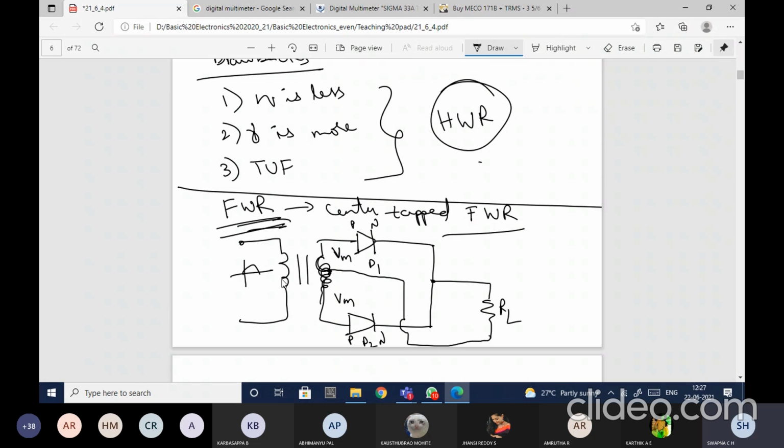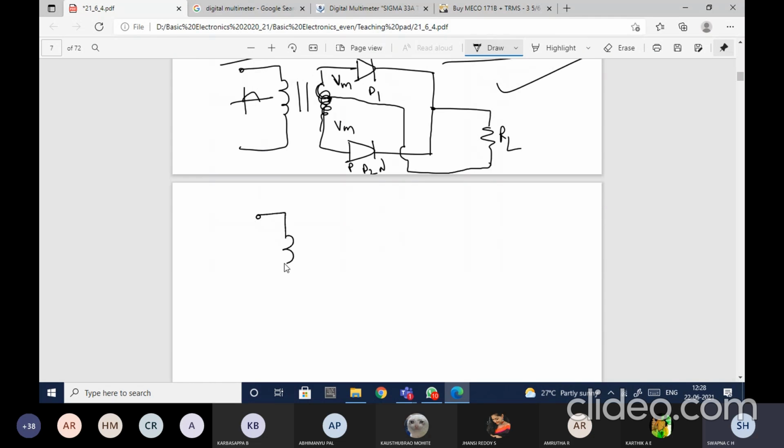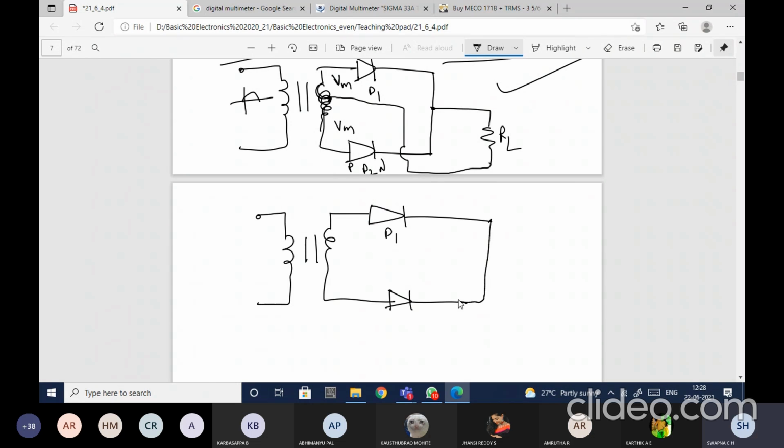Okay, fine. Now let us analyze the circuit. This is one way of representing the circuit, and I'll represent the same circuit in another way. Whichever you are comfortable with, you can analyze. But there is one reason for drawing this circuit in this way. So this is diode D1 and this is diode D2. If you observe, this RL is just connected between this point and the center point, so I can directly connect RL in this way. Drawing wise, this seems to be simple.